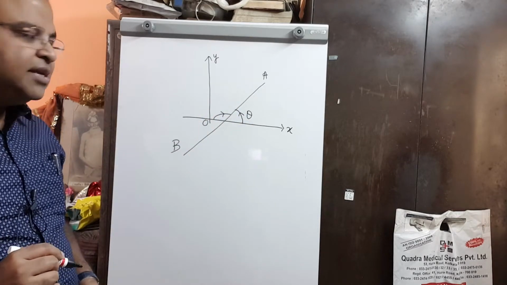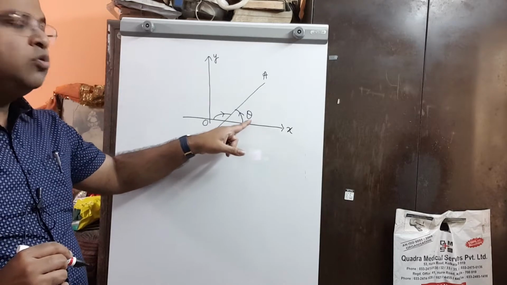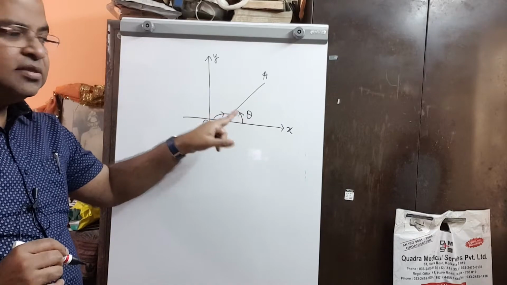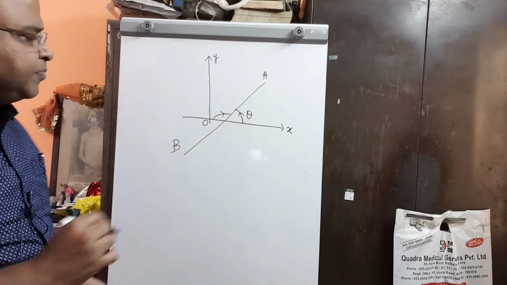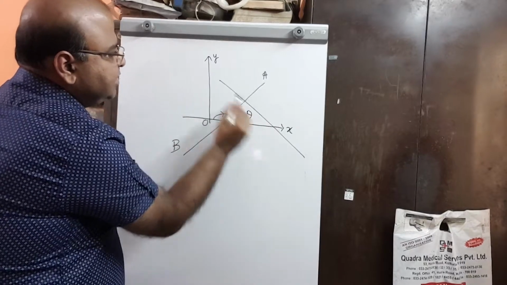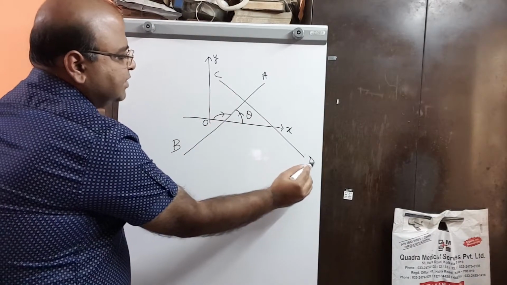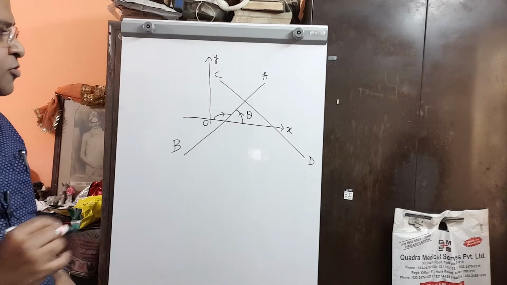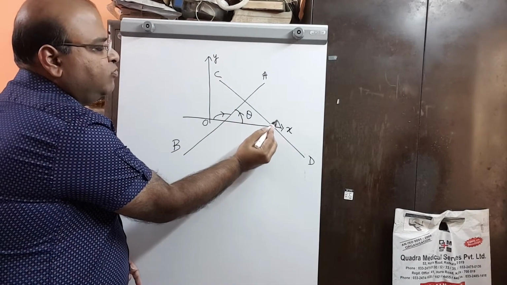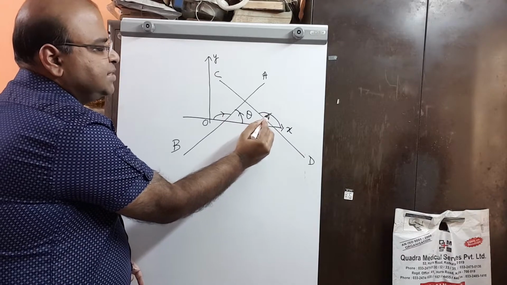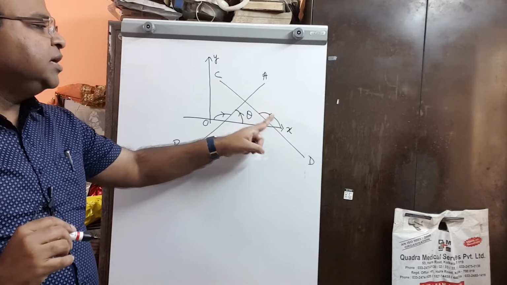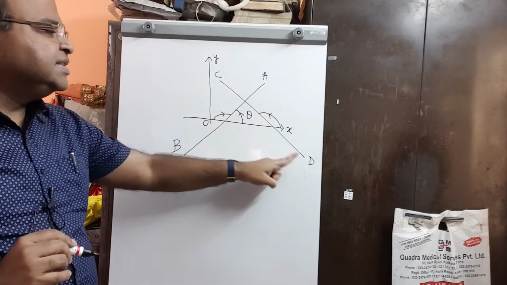Now it is not necessary that the angle of inclination should always be acute. As from this diagram, such a case is not necessary. The line may have an obtuse angle also. If I consider another line, say CD, here another straight line CD. So here you see, starting from the x-axis, if you move towards the line, this is the angle in anti-clockwise sense. So this angle is taken to be the angle of inclination of the line CD